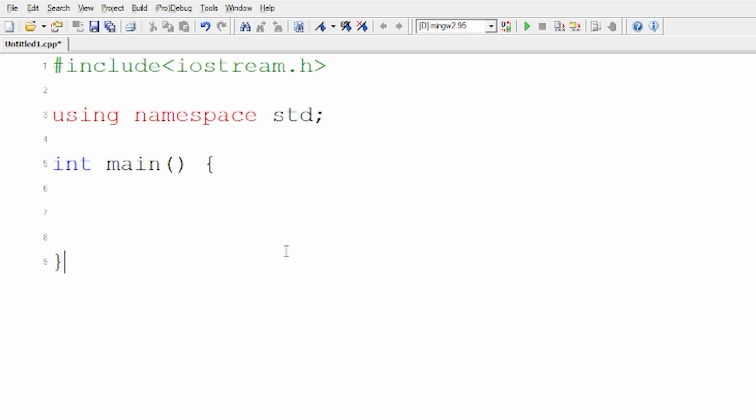Now, the very first program, as I said, is printing hello world, or you can print your name or anything like that. So what I'm going to write is cout. The full form of cout is console out. So C means console and out means output. And then we're going to give this bracket over here. And then we're going to give double quotes. And you can write anything inside it. Let me write hello C++ program. And we're going to give a semicolon.